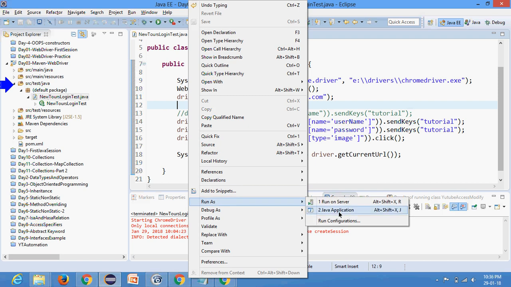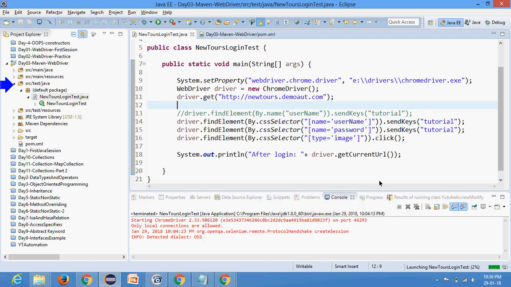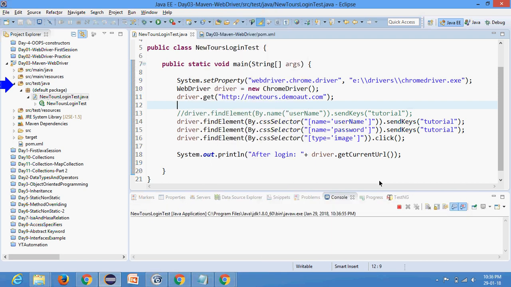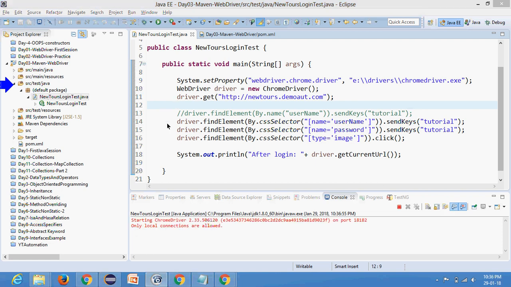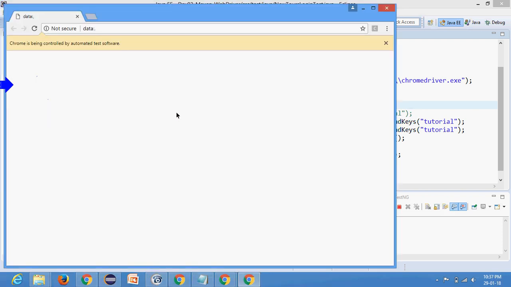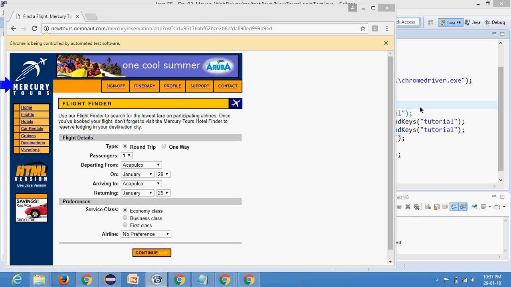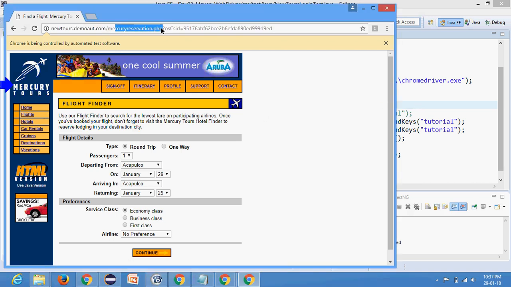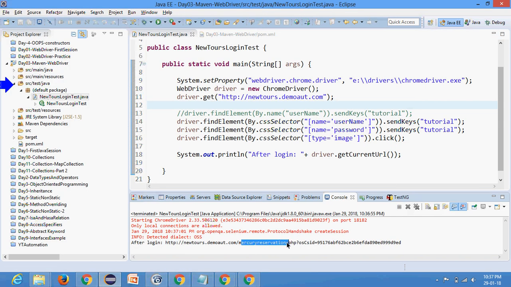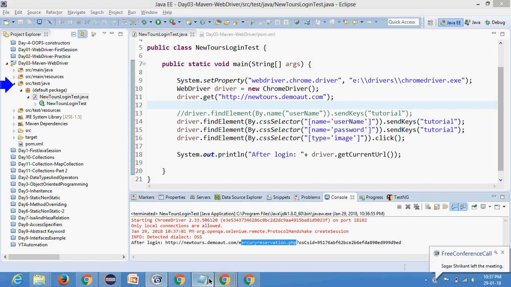Now let's run the script and see the outcome. Tutorial, and sign in is clicked. Okay, the browser is loaded with the user home page. The URL you can see is mercuryreservation.php. Come back to Eclipse and see that mercuryreservation.php is the URL, and that completes